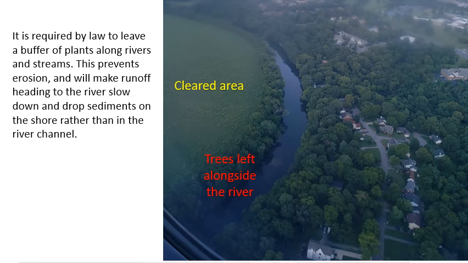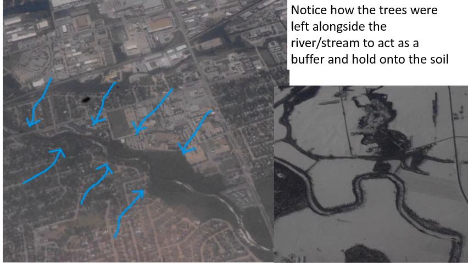You'll notice here, there's the cleared area over here. Somebody cleared out all that area, but they left the trees right alongside the river, because those trees are needed as a buffer strip to help hold on to the soil or the sediments so you have less erosion. You can see it from the air. You can see these little streams going through there, especially this one over here. I like this because it's in the winter time, so everything else is white covered in snow, but you can see how the trees are left right beside the river, and that's to help hold on to the soil, cause